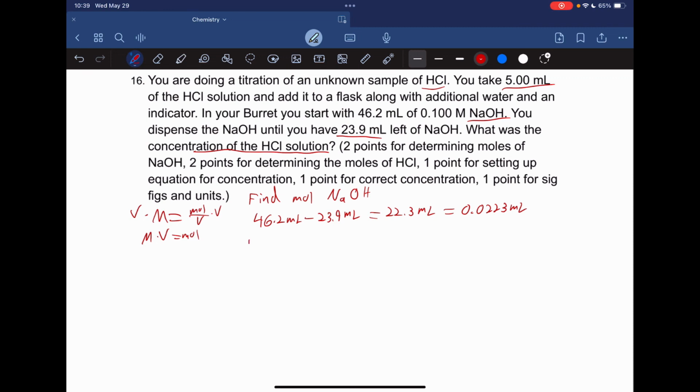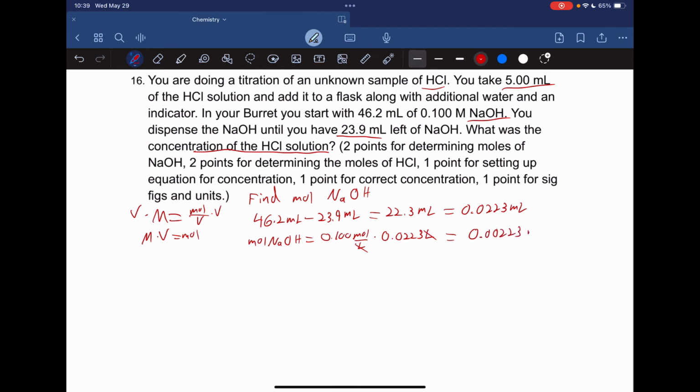So what we're going to do is moles of sodium hydroxide is going to equal the molarity, which was 0.100 moles per liter, times our 0.0223 liters. See, that cancels liters and gives us moles. That's just going to move the decimal one space more over, so